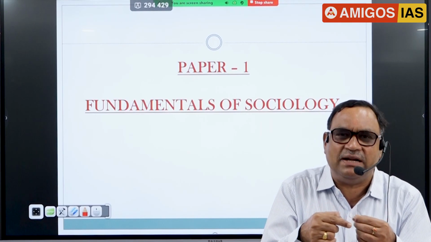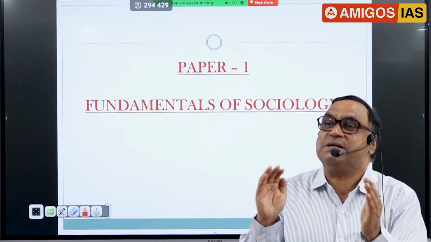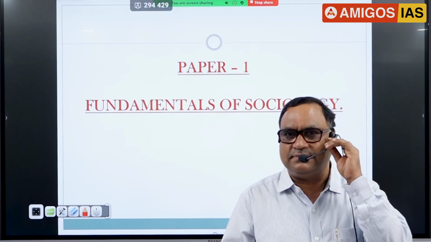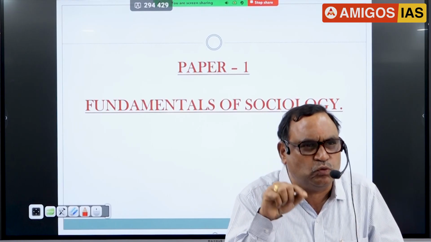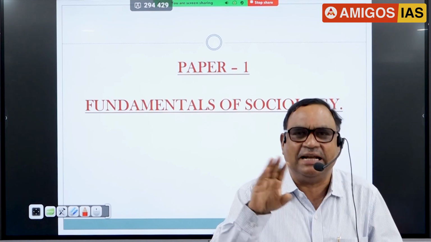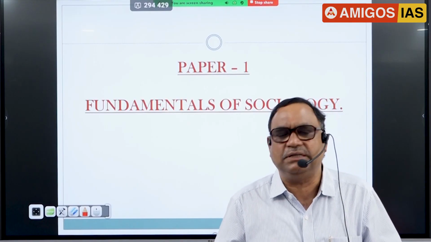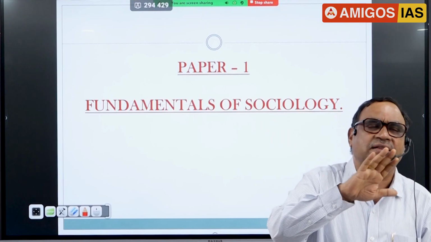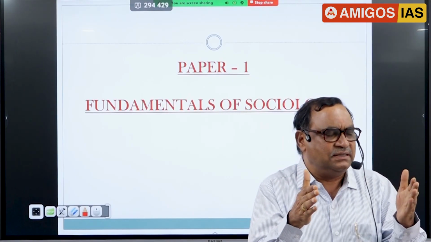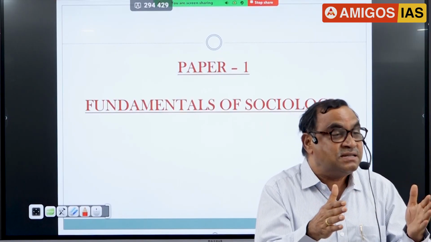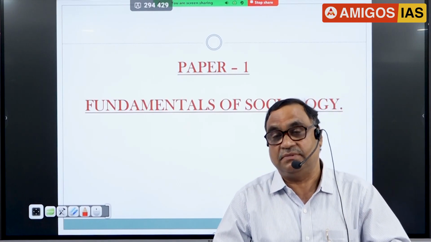So this is actually an advantage for the student. If you are thorough with a particular theory, you can present that theory. But what is required here, sometimes, is application of that theory to the contemporary society. I will tell you how to apply, where such questions can be asked. But paper 1 is purely theoretical. Only thing is that you need to understand the basic concepts, basic theories related to the various topics in sociology. That's paper 1.